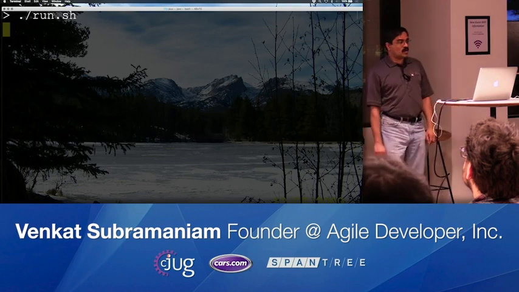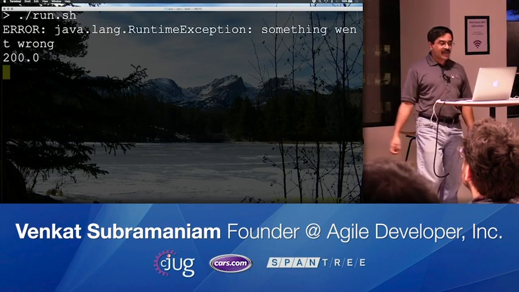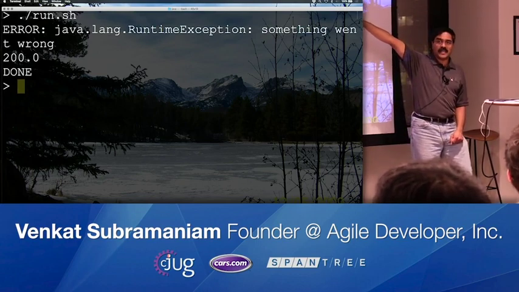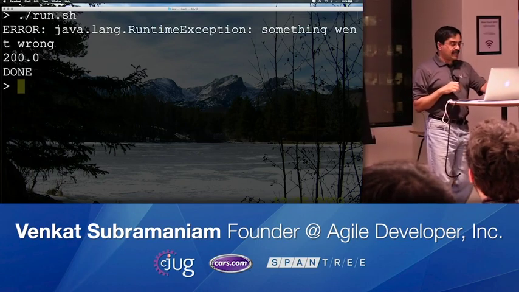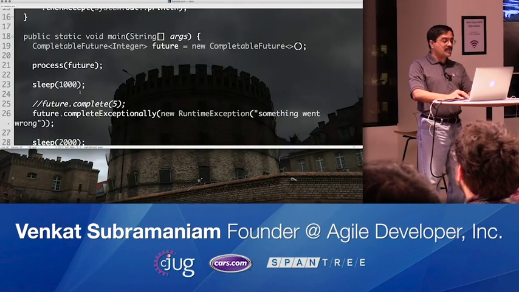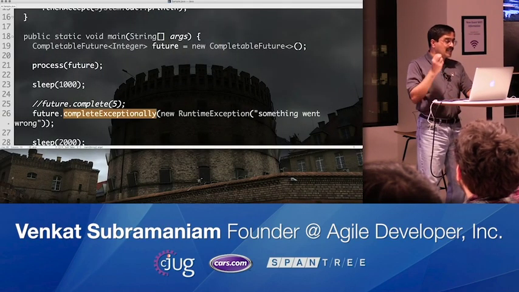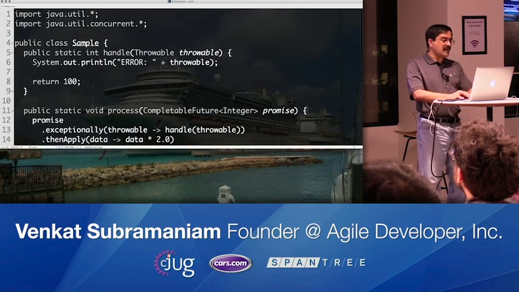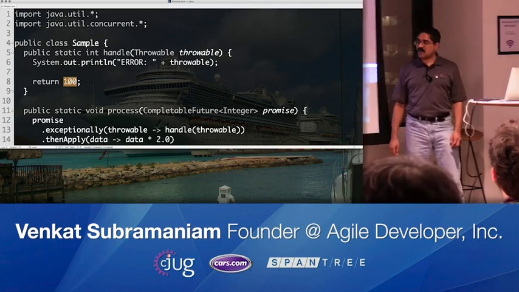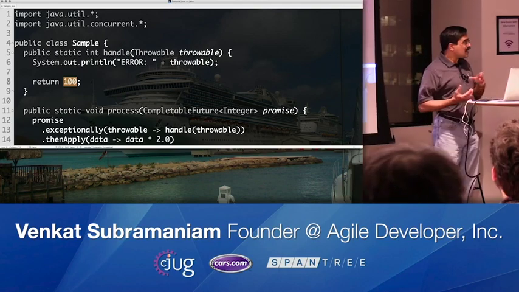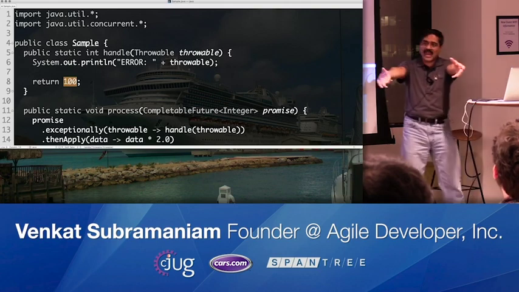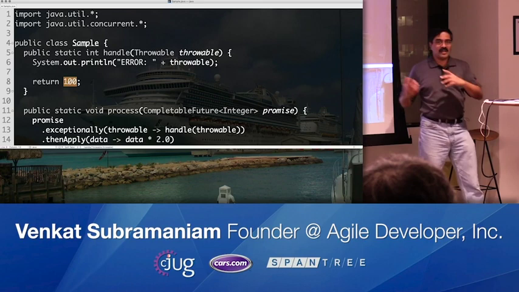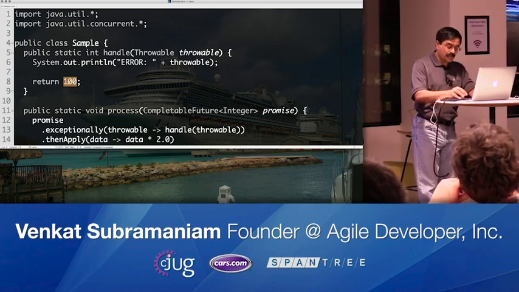So when I run this code, what does it do? Well, right there it says something went wrong, but then it's a 200, as you can see right in there. So the point really is you had a promise, a CompletableFuture that rejected, and you handled that exception, and then you said, I'm going to give you an alternative response so you can move forward. So this is like in your catch, you normally do a catch, and then you say, well, if this is what happened, I'm going to send back this other response. It depends on the application. That may be something you could do.